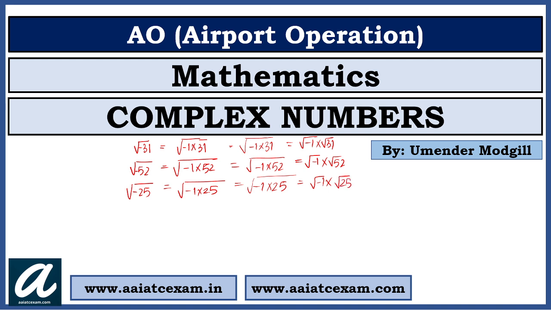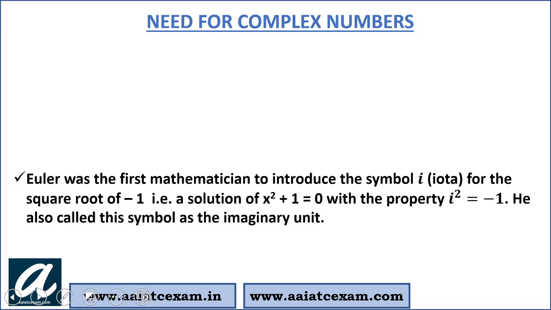So whenever I am defining a negative square root, one thing is common: if I separate it, there is one term common to all the numbers, that is under root minus 1. So we are going to study about this. What is the need of a complex number? Students, consider I am writing x square plus 4 equal to 0.